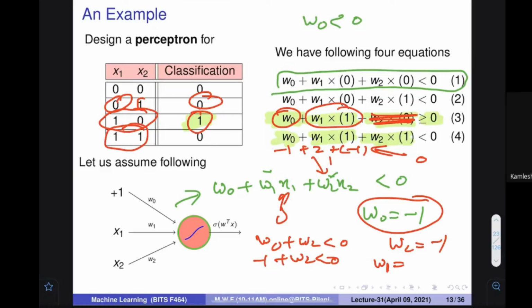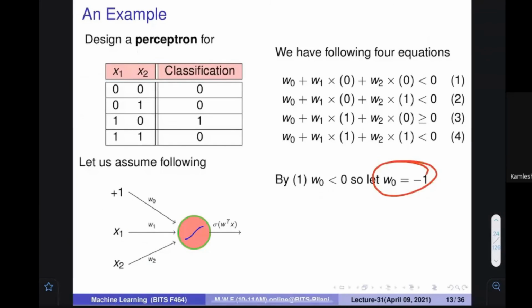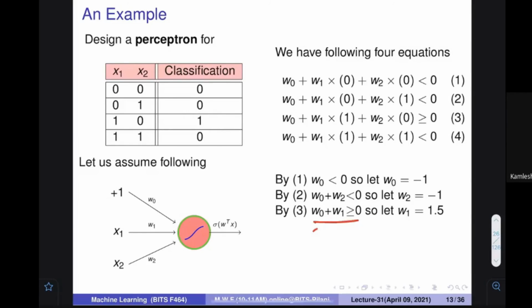That's why I'm telling that instead of this, if I take this thing as a 3, then I cannot take, this should be less than 0. So can I take 1.5? I think I should take 1.5. If I take W1 equal to 1.5, my things are going to be solved. So this is how we can proceed. W0 is equal to -1, then the summation should be less than 0, so I can take W2 also -1, and W1 greater than 0. If I take W1 equal to 1.5, the third equation is also valid.